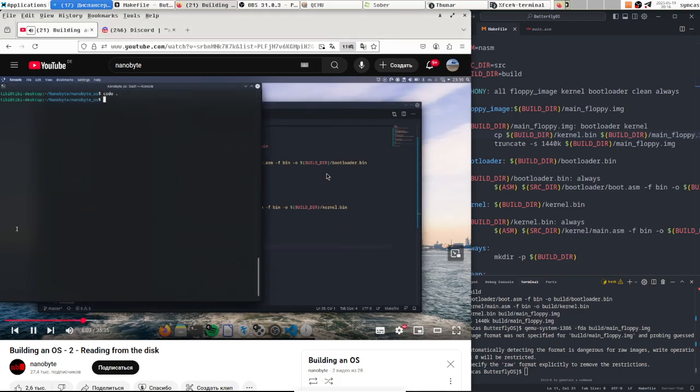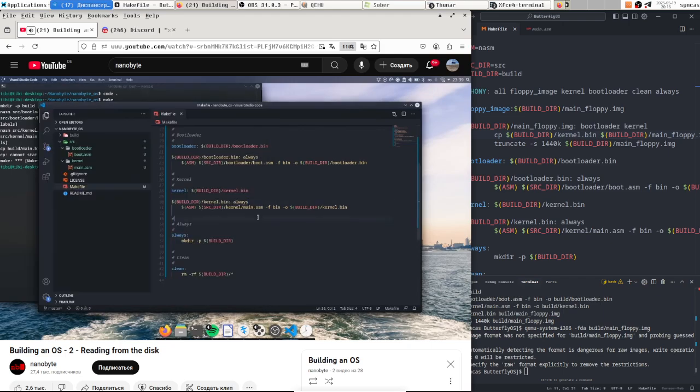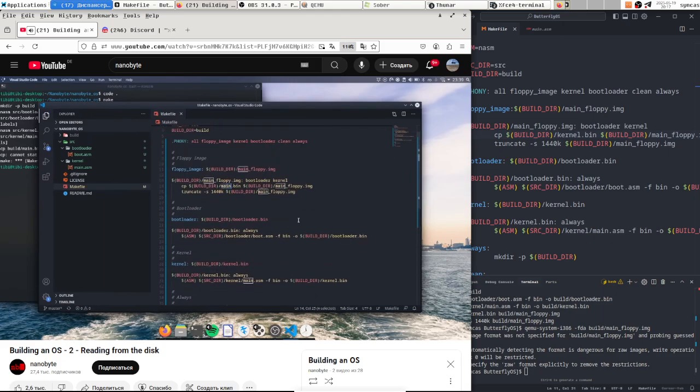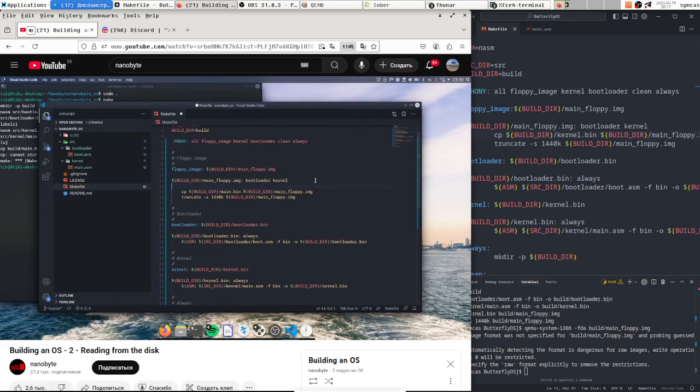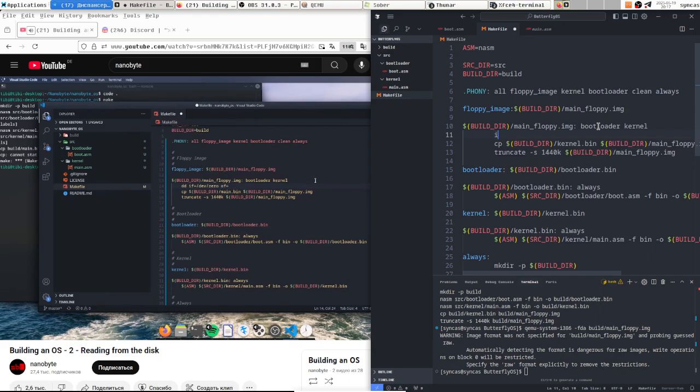Let's give this a go and see what happens. Looks like we got an error when creating the floppy image. Ah yes, I forgot to change the file names in the main floppy.img rules. Talking about the floppy image, let's modify the way we create the image so that we actually create a FAT12 disk image. First, we need to generate an empty 1.44 megabyte file. We can do that using the dd command with the block size set to 512 and the block count set to